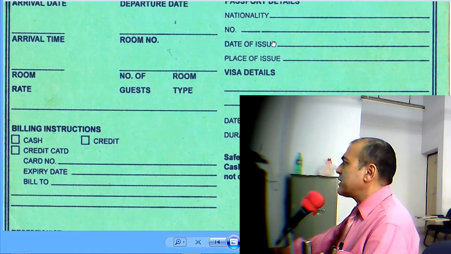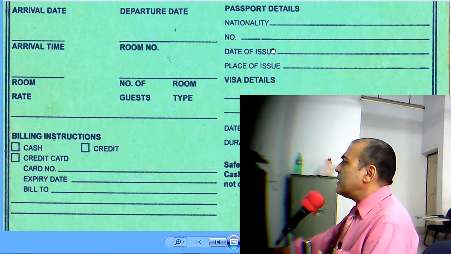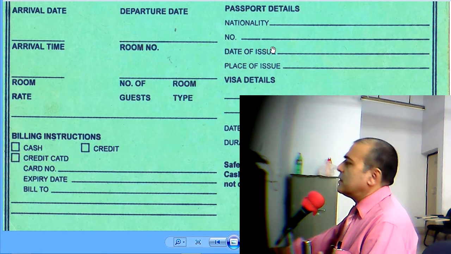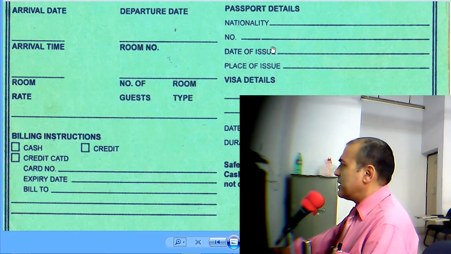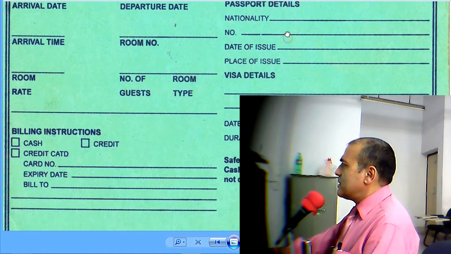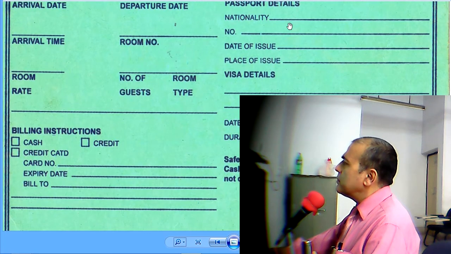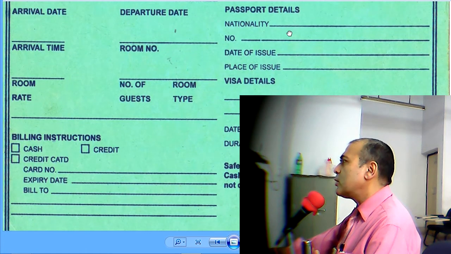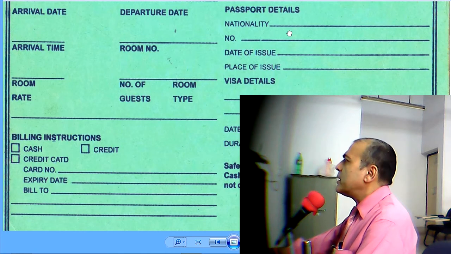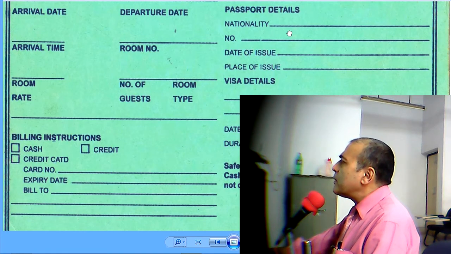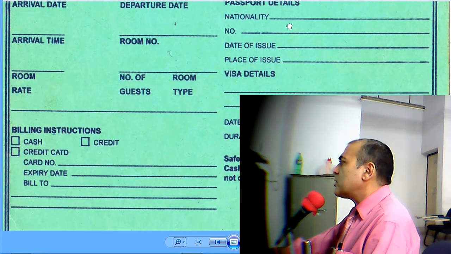Let me just give an example. Let us say an Indian wants to go to America, USA. So he needs to apply for a visa from the US Embassy in India. So he applies and then he is called for an interview. And if the embassy is satisfied about this candidate's suitability for visiting USA, then they will mark a stamp on the passport, and that is what is a visa.